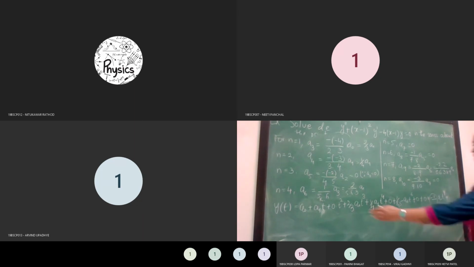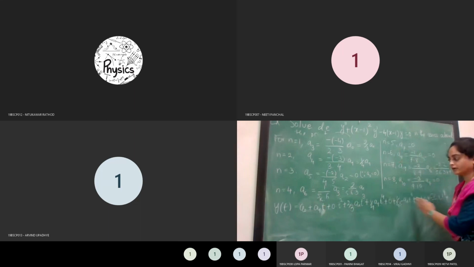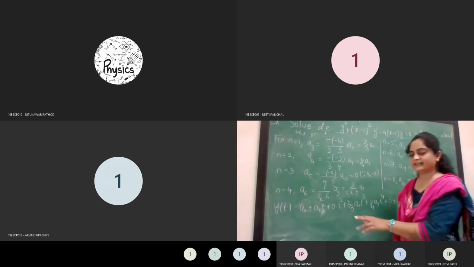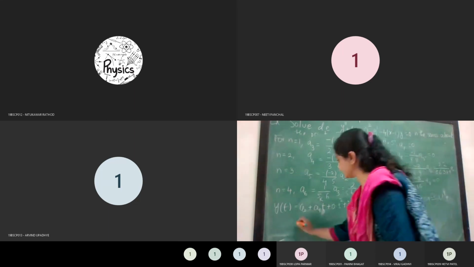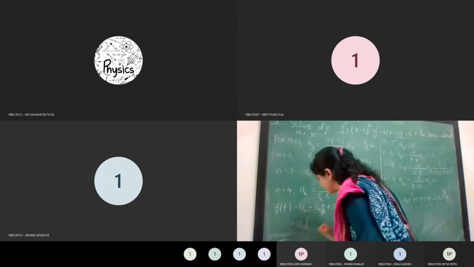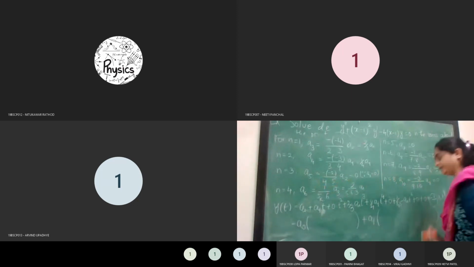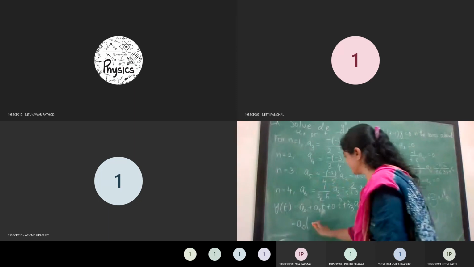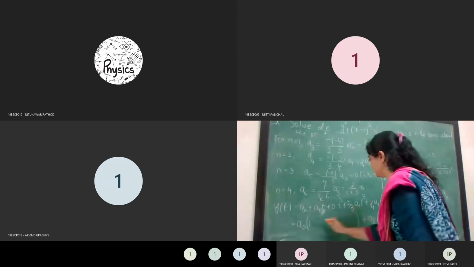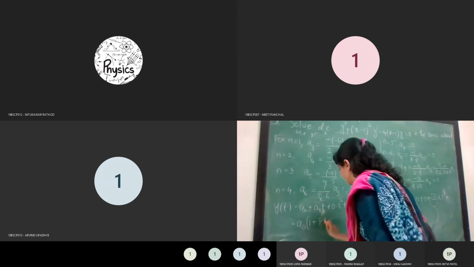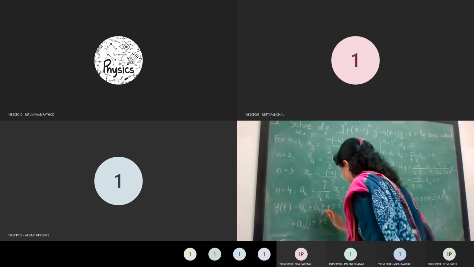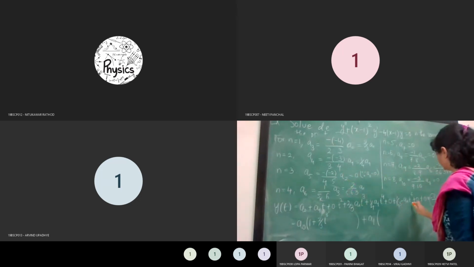So keep watching the whole infinite series, in it you will not see any constant quantity other than A0 and A1. So let us collect the terms with A0 and the terms with A1. So with A0 you will have here 1, then we'll have 2 by 3 T cube, then we'll have the term this one.